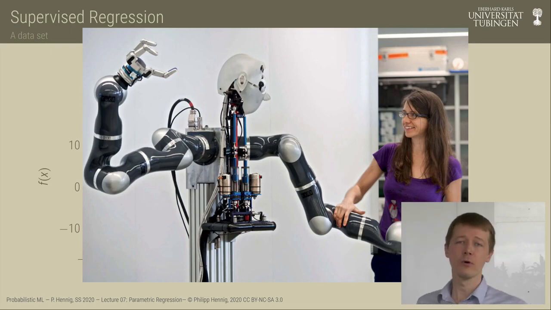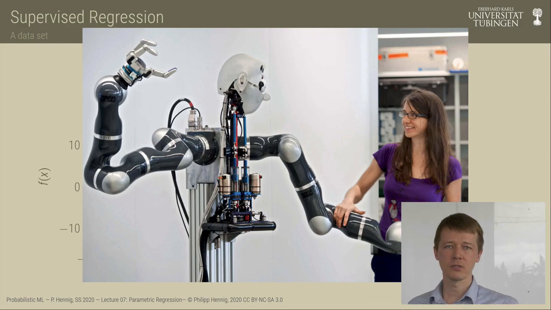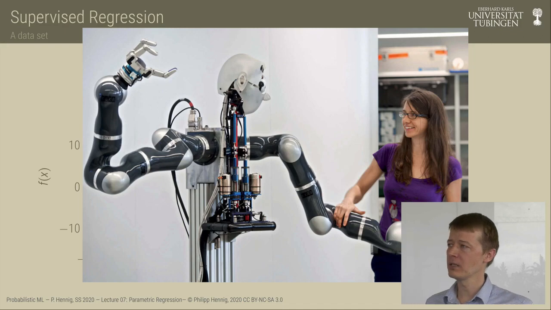So let's say you've just bought a new robot, and one of the first questions you might ask while you're setting it up and testing it out is, if I send a certain amount of current through one of the motors that activates the joints of the robot, say the electrical motor in here that twists this arm, then